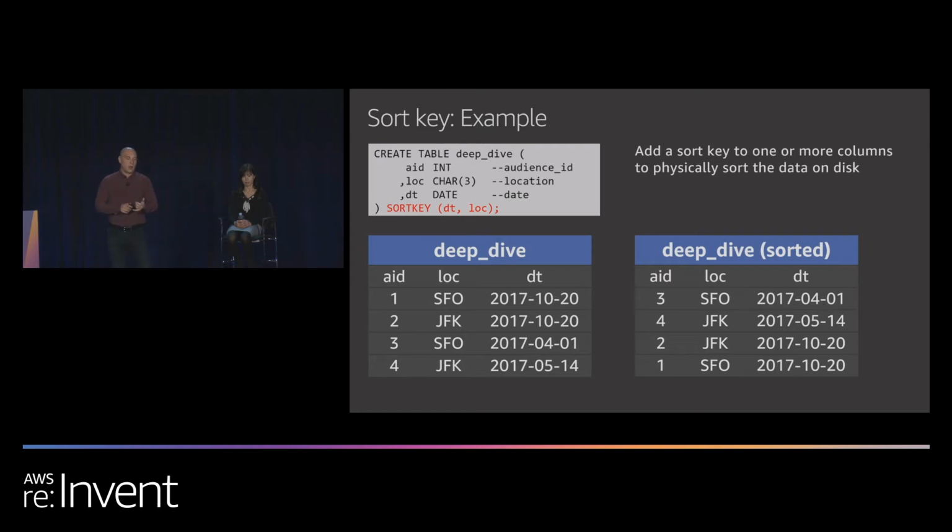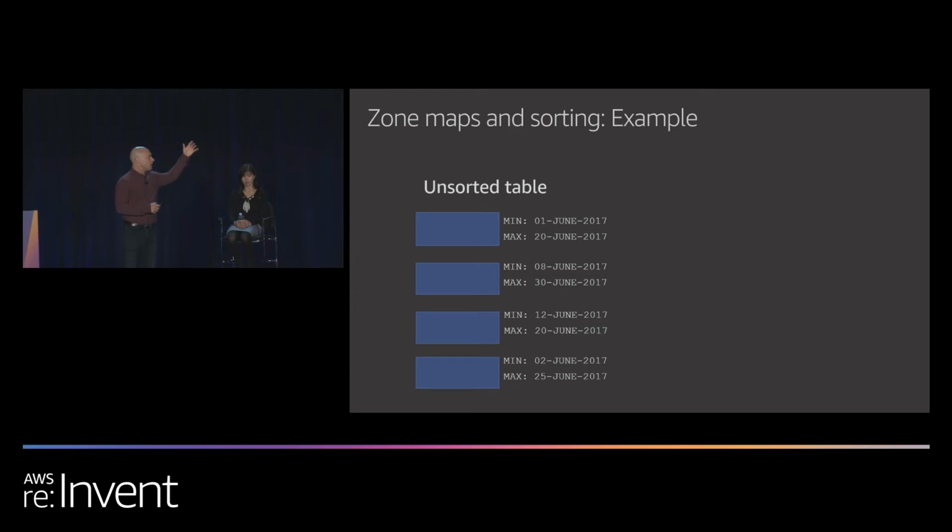So tying all of these concepts together, we have our blocks, we have zone maps printed out beside the blocks, and we have here an unsorted table. If I were to write this simple SQL query, which is just counting the number of records on a particular day, you can see where those arrows are. And what that signifies is that I know that I don't have data in that one block,